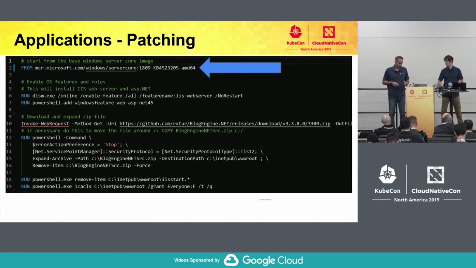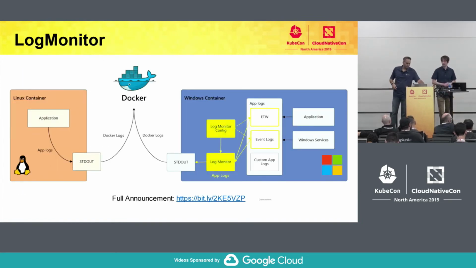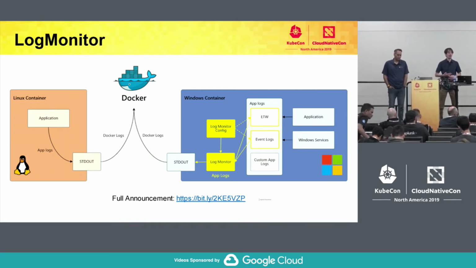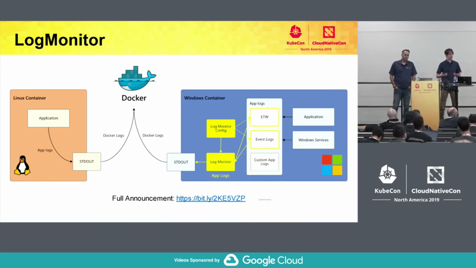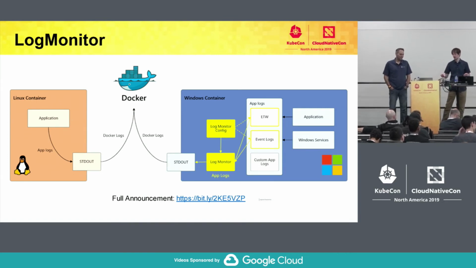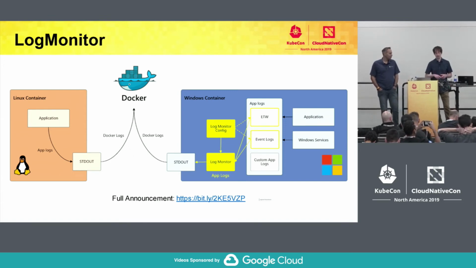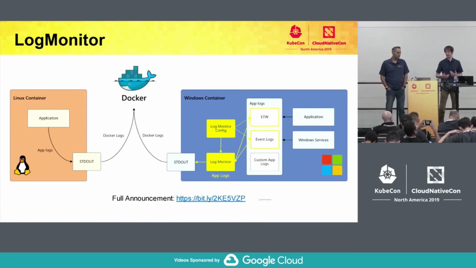Okay. So moving on to the next topic, one of the pieces of feedback that we've heard is that since Windows has a lot of background services that are running, like Internet Information Services, those basically log to the binary logs that Windows calls the event log or Event Tracing for Windows. And most of the tools in the container ecosystem that started on Linux were based around parsing standard out for logs. And so 2 weeks ago at Microsoft Ignite, there's actually an open source tool released called LogMonitor that's able to basically collect